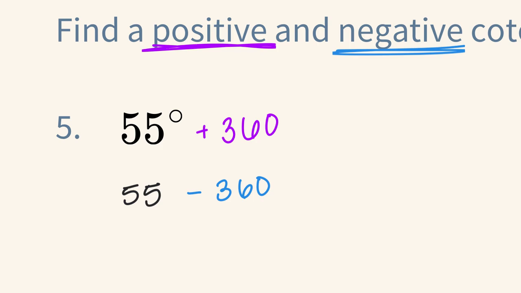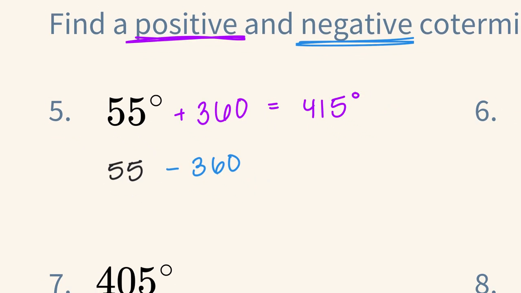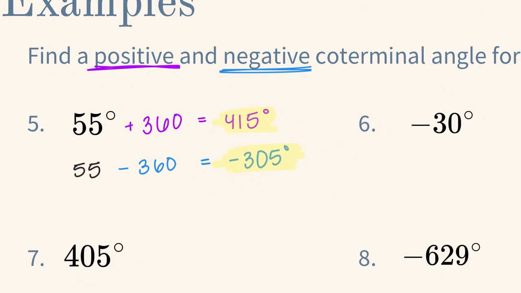If I'm adding 360 to 55, I'm going to get 415. And that's my positive coterminal angle. Now, if I have to subtract, I'm going to get negative 305. So I have both a positive and negative coterminal angle. These would both be my answer. You have to have positive and negative. All right, now looking at the next one,